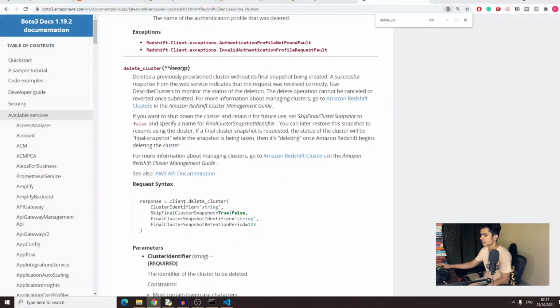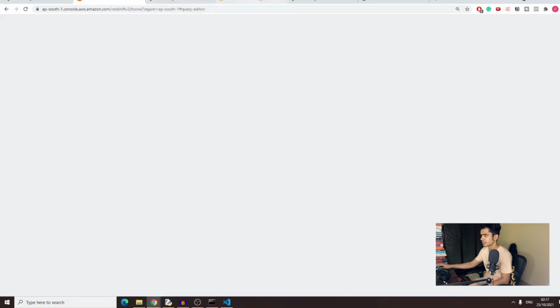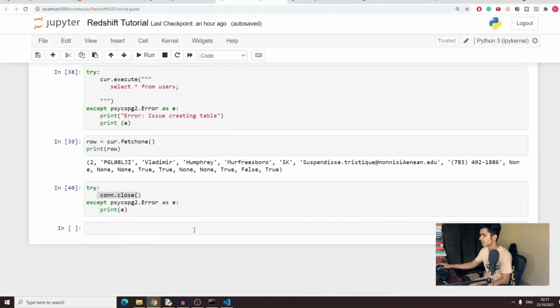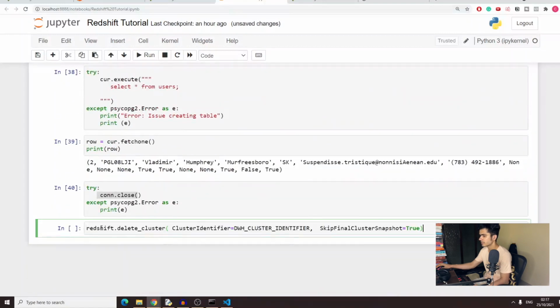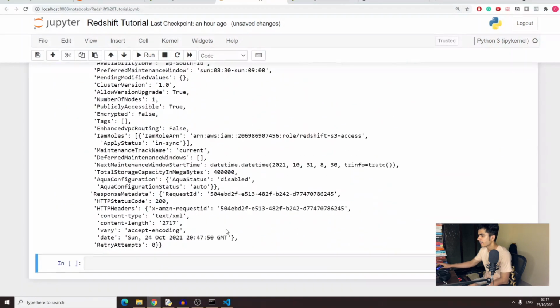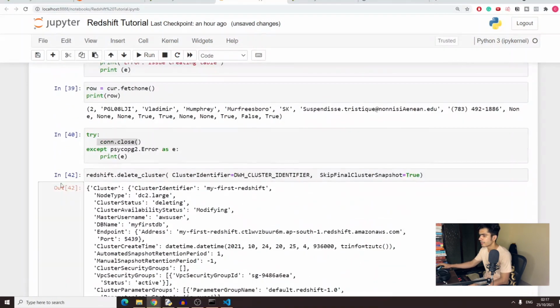If you want to create a snapshot, then you can provide all the other parameters. So I'm just going to paste this: Redshift delete cluster, our cluster identifier, and skip final snapshot. I don't want this snapshot, so this is skip, so it should be true. Sorry. Now this is deleting our cluster.